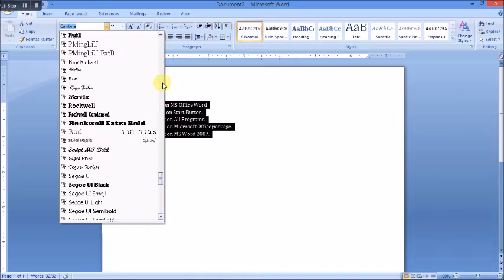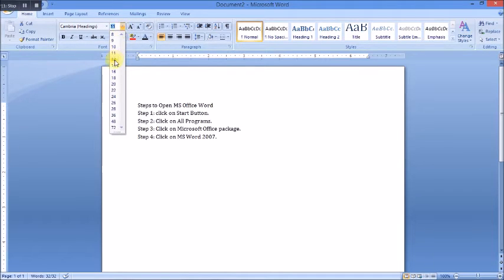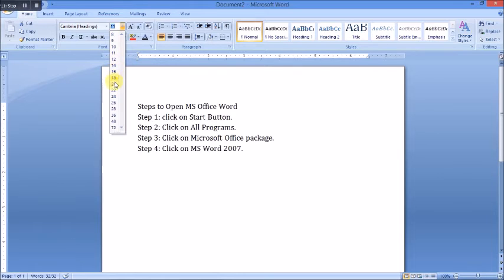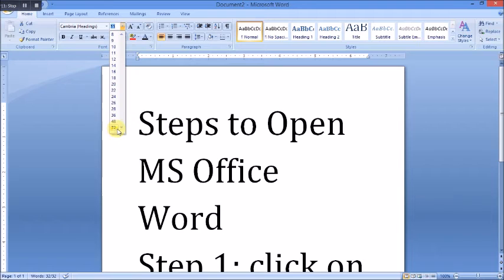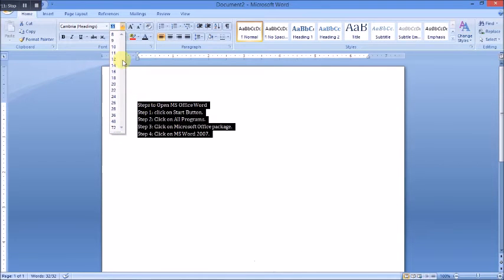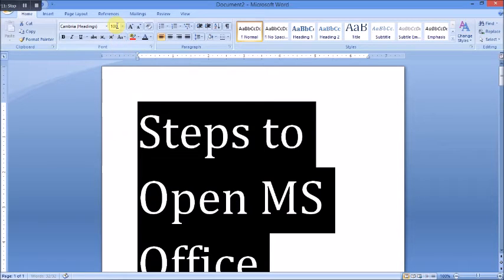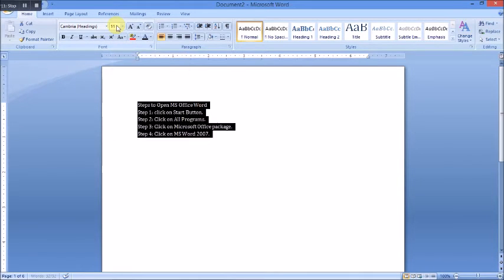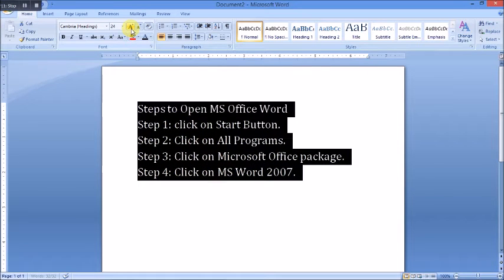You can use whichever you are comfortable with. Now we can also increase and decrease the size of the font. You can see it increasing. You can also enter a number, such as 100, or you can increase by pressing the Grow Font option. You can see it grows by two levels.